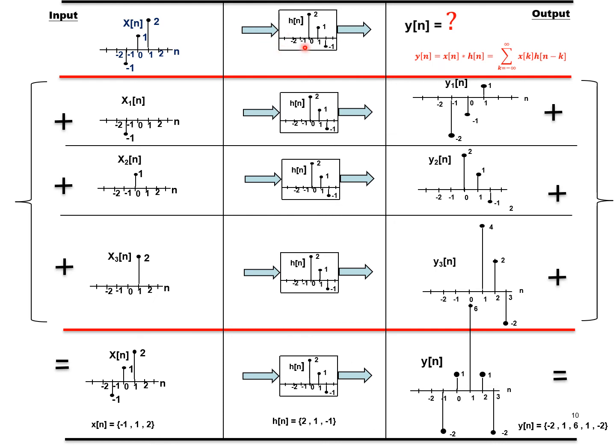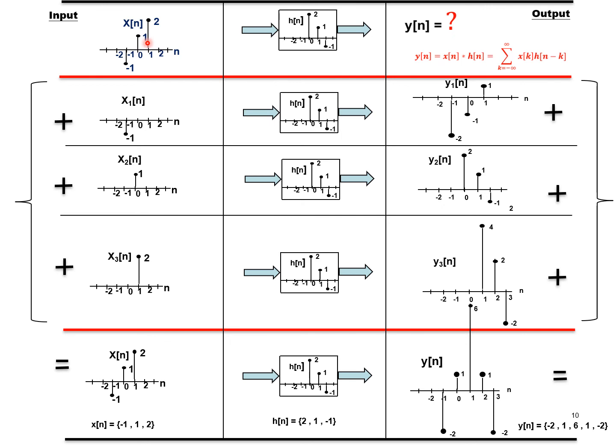I've written the system again and again here. Now, my question is, for this system with the impulse response h of n equal to 2, 1, minus 1, what will its output be when the input is minus 1, 1, 0? This signal is actually non-causal because it starts at minus 1. It has a left side part and a right side part. The origin is this one. This is before the origin, and this is after the origin.